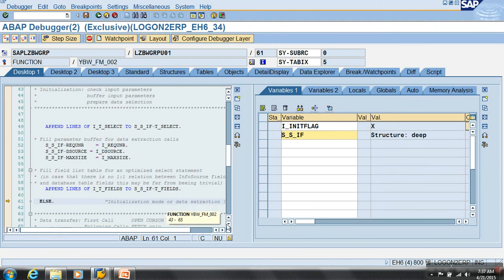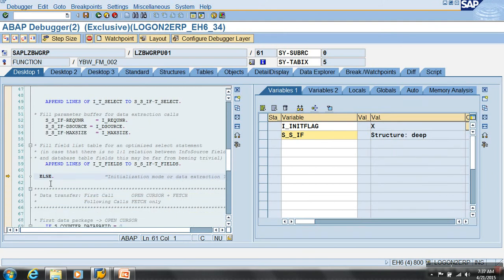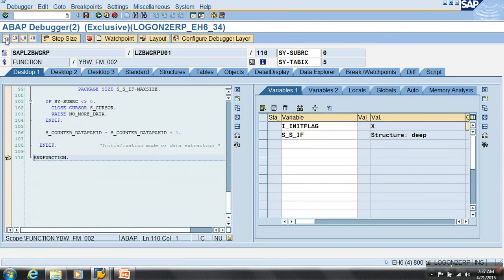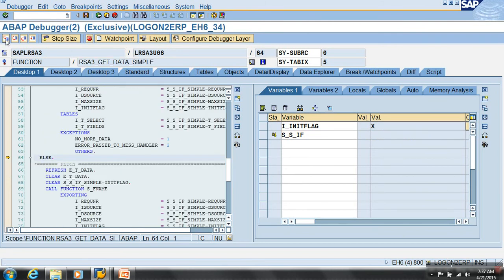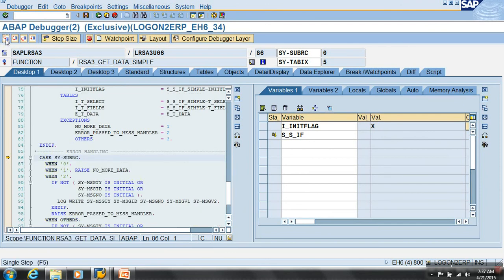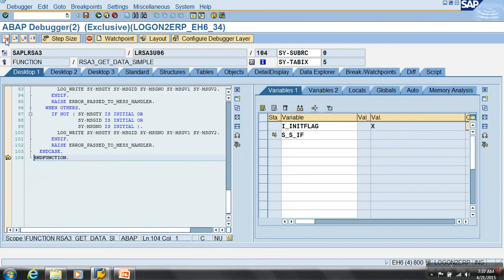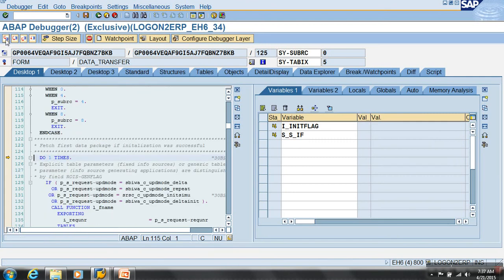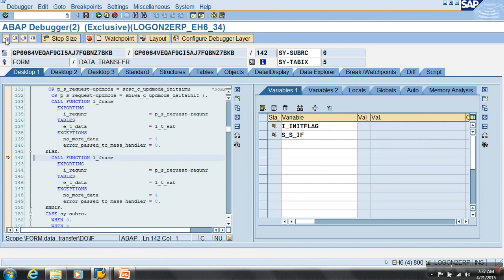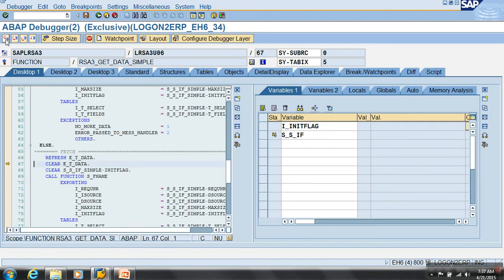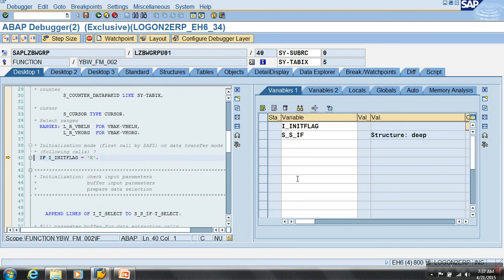Now it gets into the else part. Let's get it out. It comes to the end of the function module and goes out. Again it comes to the function module. Now what is my init flag?